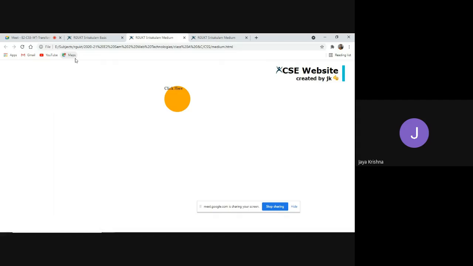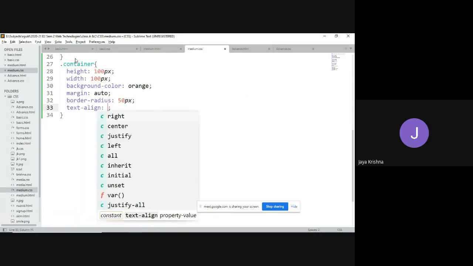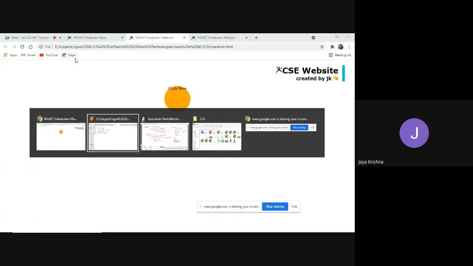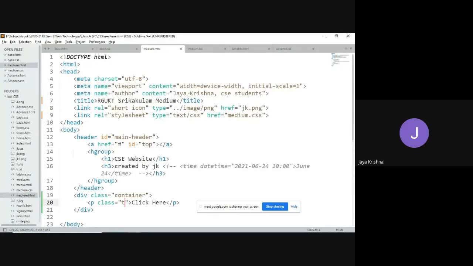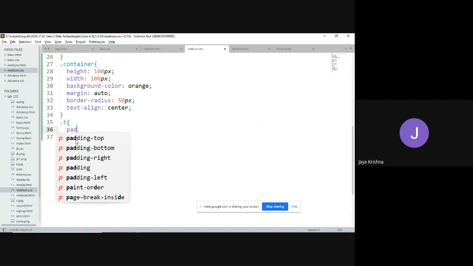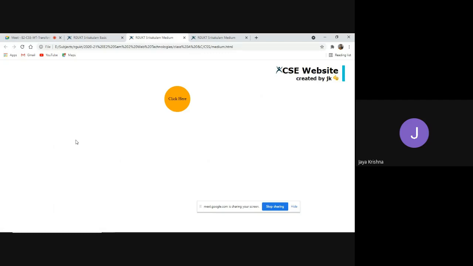Here I would like to arrange this content, so to arrange it, I can go for text-align as center. Actually this is available in the p tag, right? Go for dot p. Then I'm going to adjust the margin, 40 pixels on the top side and 0 pixels on both the right and left. It comes to the center.